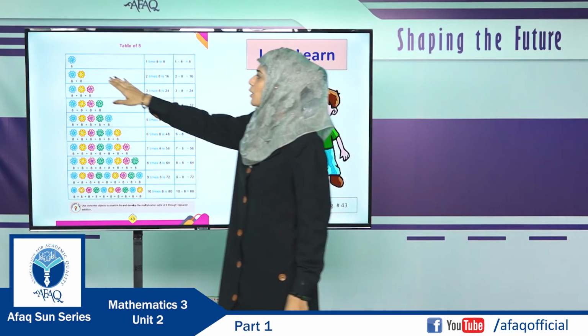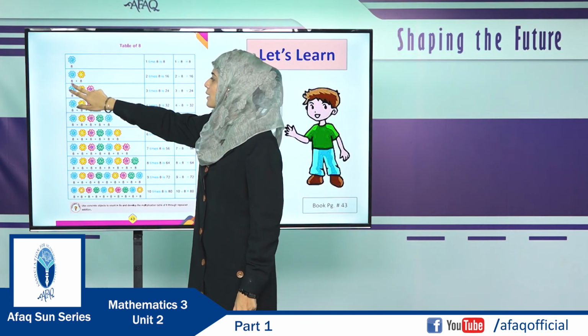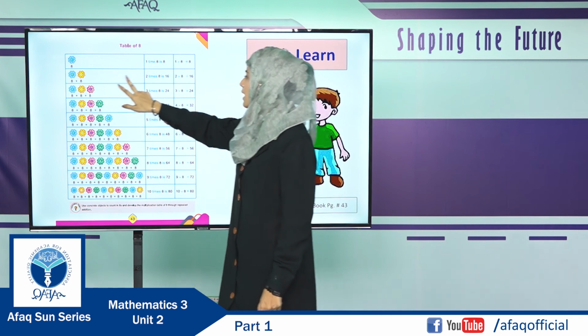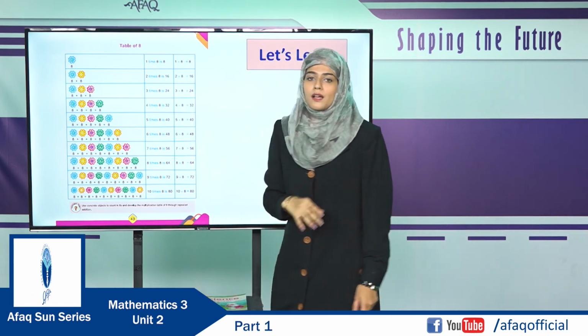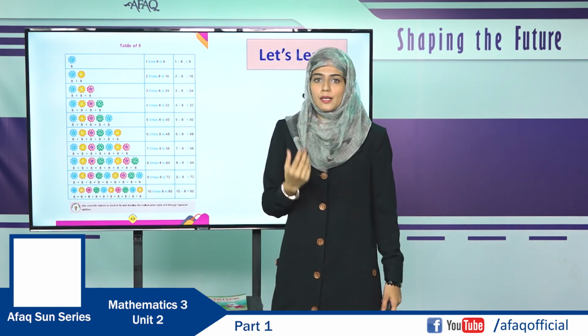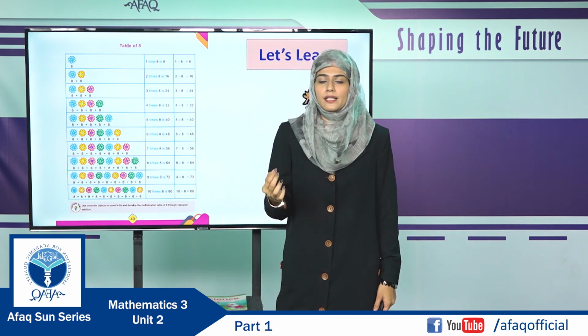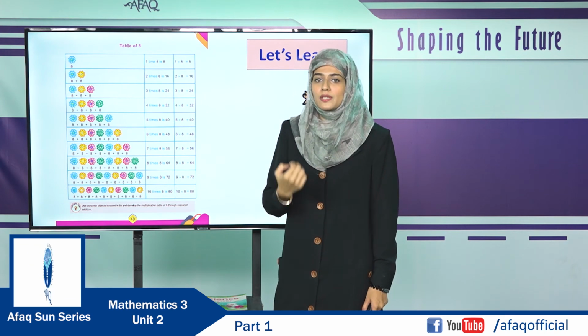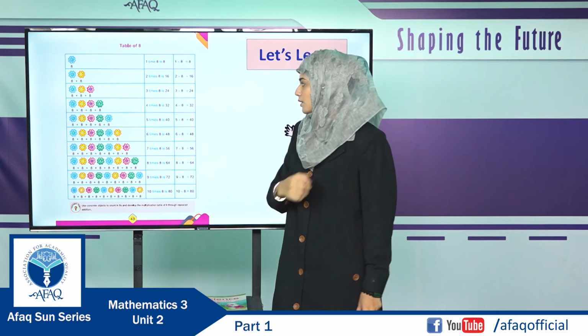Like here is the one flower. If it is 8, when we add 2 times 8, the answer will be 16. We can also read this as 1 times 8 is 8, and we can also read it as 1 8s are 8. It depends on you; whichever you find easy, select that pronunciation.